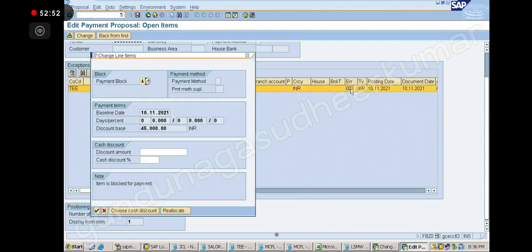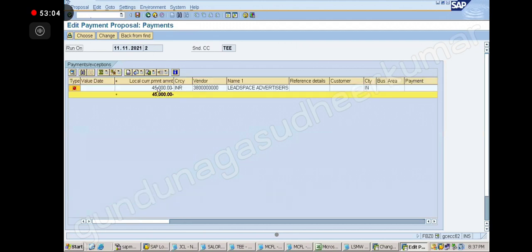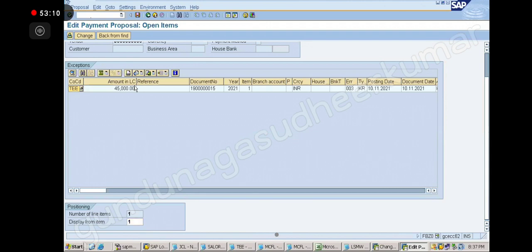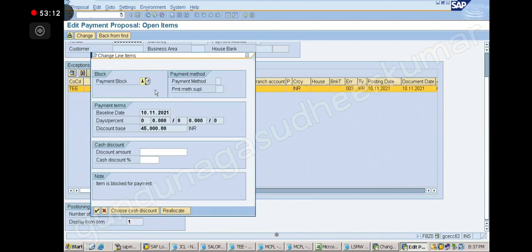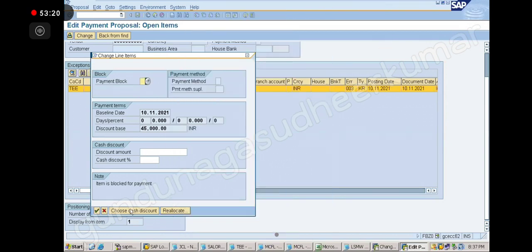003 error. Okay. Item is due, correct? It will show like that. So it means permanently blocked, right? Yes, correct. Until you remove the block, you cannot do this in the proposal. Not possible. From here, I cannot change this. Okay, it is allowing here. Let us try to change from here. Whether it will allow from here.